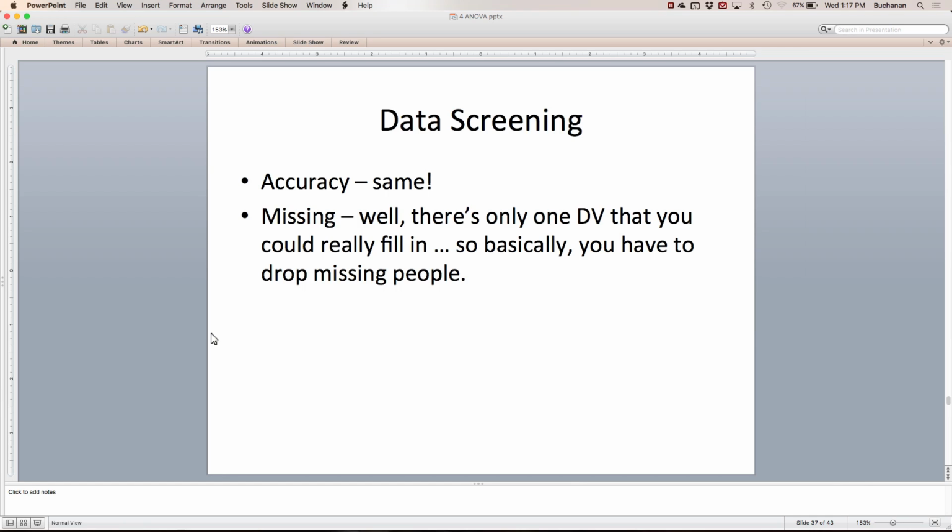With missing data, there's only one dependent variable. And if there's only one independent variable in a one-way design, you have two columns. If they're missing either one, that's 50%. So for ANOVAs, there's not a whole lot of filling it in, because you would be making up 3/4 of their data or more. So generally, you don't fill in